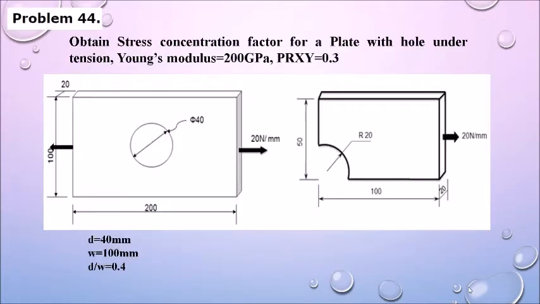Now let us solve a problem on stress concentration. It is a problem of a plate with a hole under tensile load. The load is given as 20 Newton per mm. It has a width of 200 and height of 100 mm, and there is a central hole of 40 mm diameter. And as I explained earlier, this can be solved as a quarter symmetry problem. We need to model 1/4 of this geometry. So on the right side you can see the geometry that you need to model.